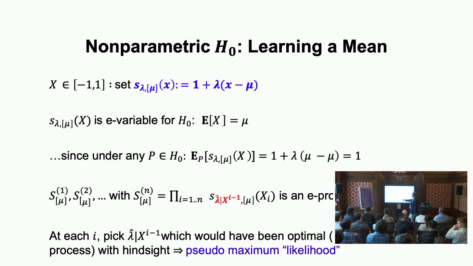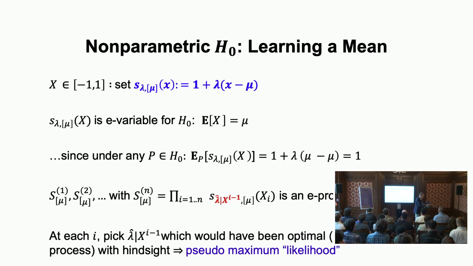So at every point in time, you pick the lambda which would have given you the largest e-variable, the largest e-process so far, if you had picked that all the time. You're allowed to do that because it's past data, right? If you would pick the lambda which is best for your current data point, your expectation would not be bounded by 1 anymore, because then lambda would be part of the data, lambda would depend on x, and this would be larger than 1. But if it depends on the past, it's fine.